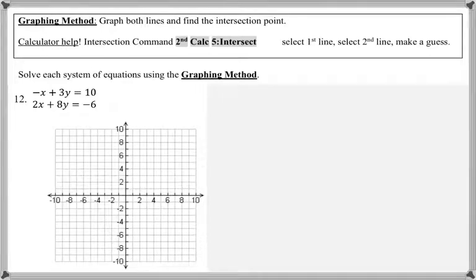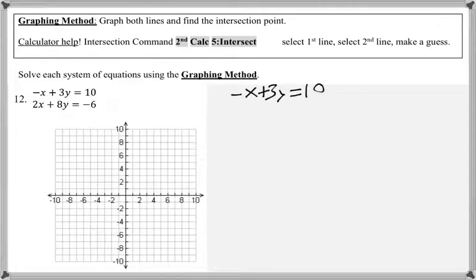Number 12, I'm solving the system of equations using the graphing method. So I want to graph these both on the calculator and then use the intersection command to find the intersection point. But before I can graph them on the calculator, I need to solve for y in both of these equations. So the top equation,